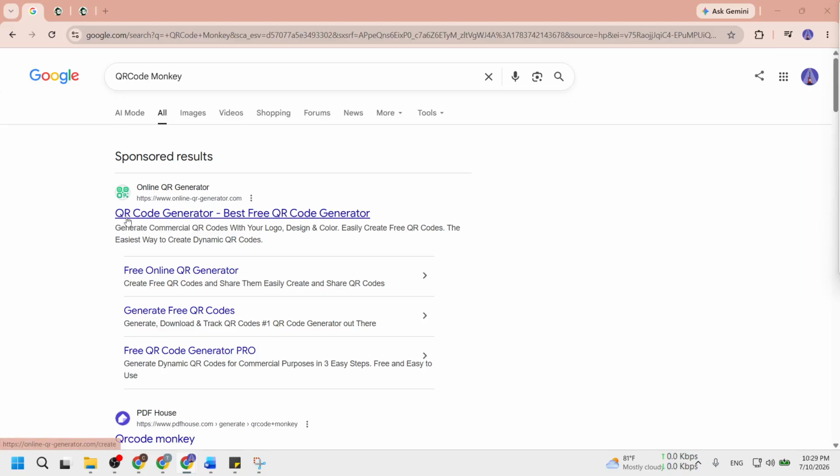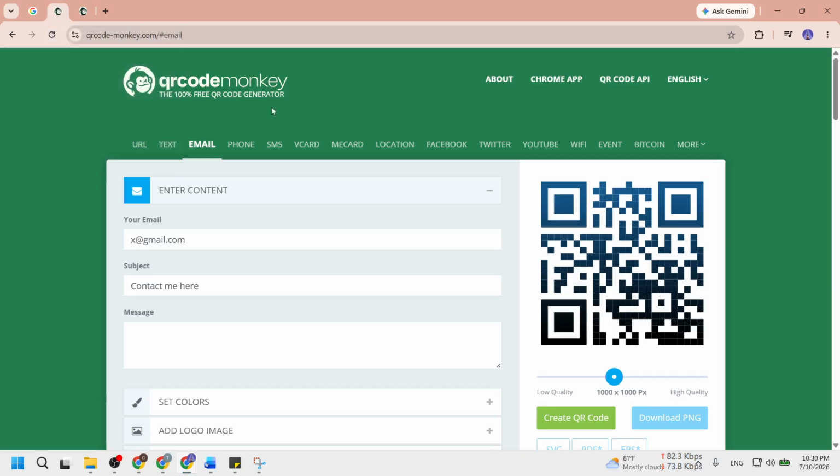Next, click the correct link that directs you to the QR code generator. This might seem straightforward, but be careful to select the link that matches the service you want to use. Some websites may have multiple links or advertisements that can be confusing. Selecting the right link ensures that you are on the page where you can create your QR code without any